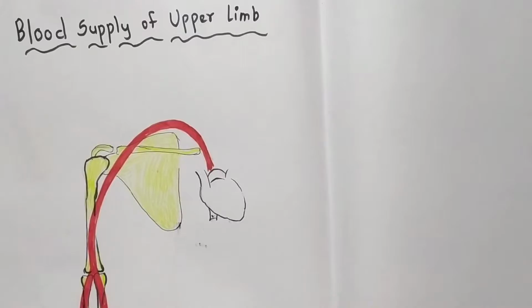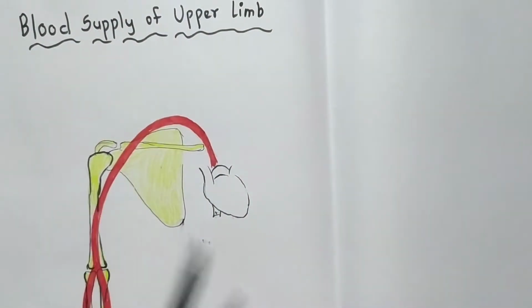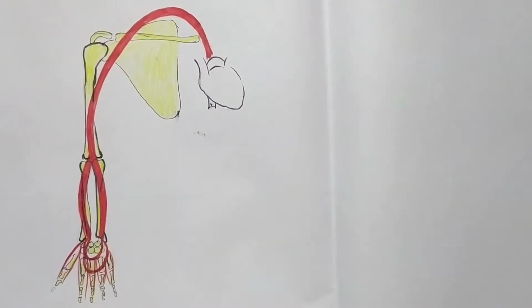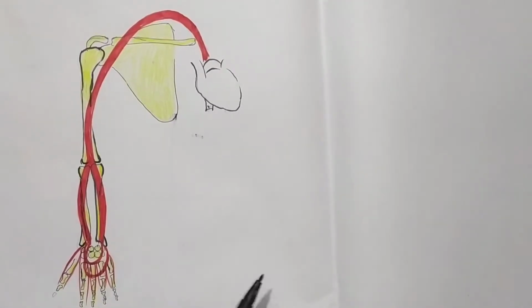Myself Alfia Qureshi. So in the last video we talked about the radial nerve, and with that we have completed all the nerves of upper limb. So from this video we will start about the blood supply of upper limb. So this will be an introductory video. We will see all the arteries once, and from the next videos onward we will see each and every artery individually. So stay tuned for next videos also and watch this video completely till the end.